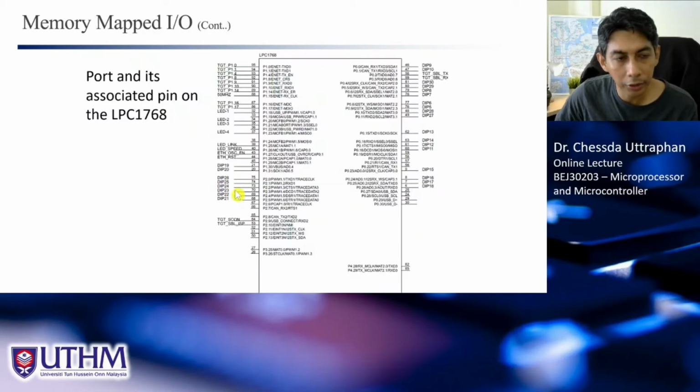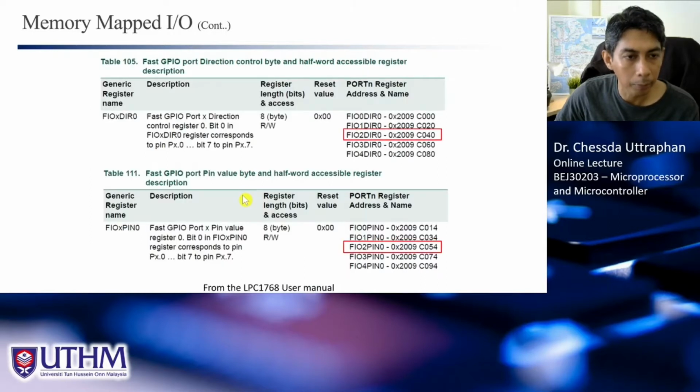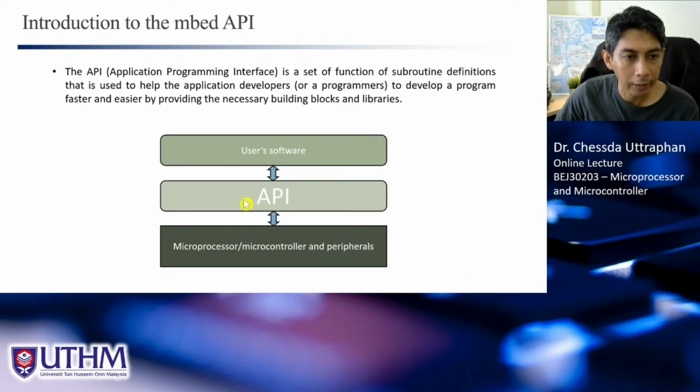Without using the API, we need to know exactly what this pin is connected to, and what the address of this pin is, by looking at the user manual. And to program, we need to access the correct address of this one. But by using the API here, no need to know that, right? What we need to know is